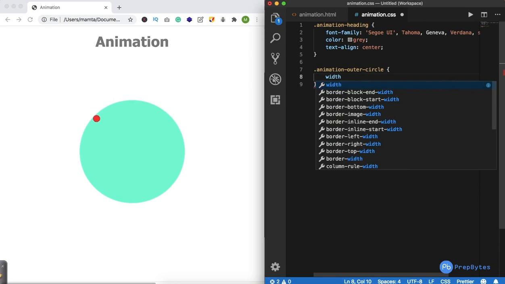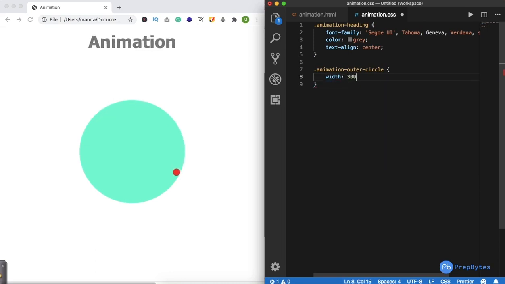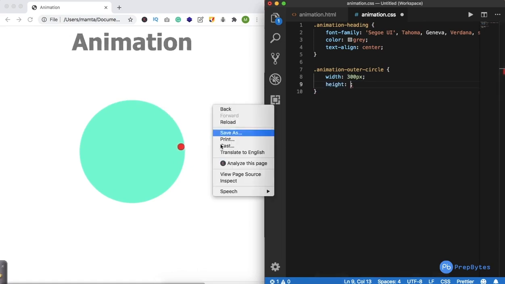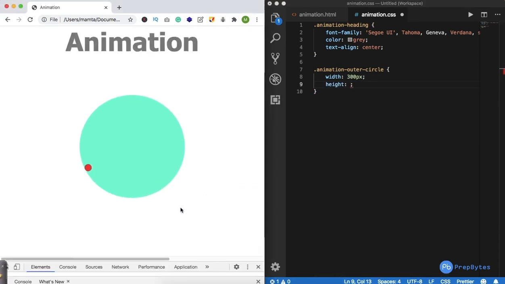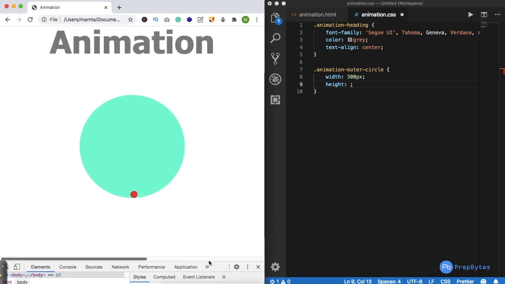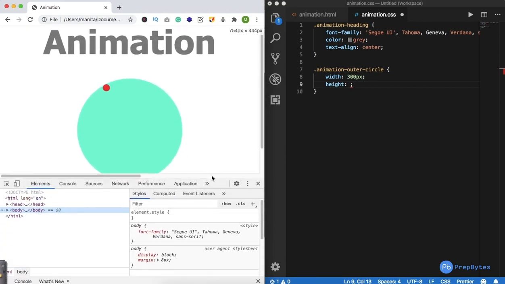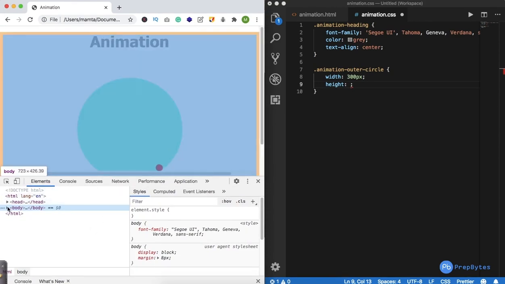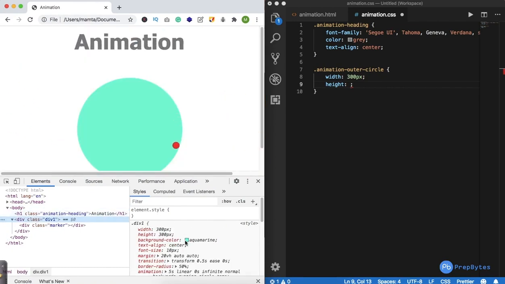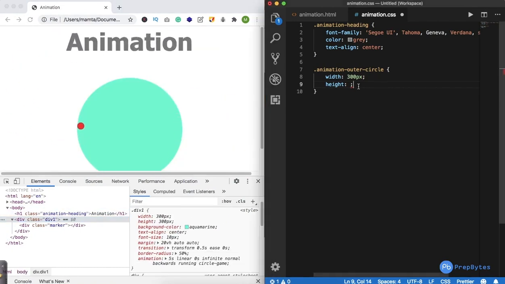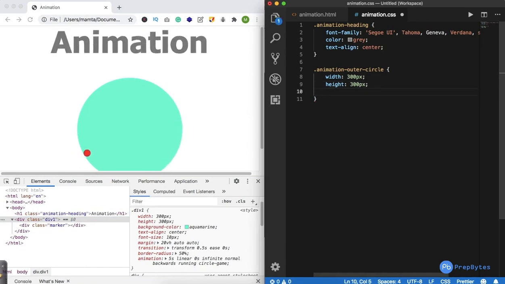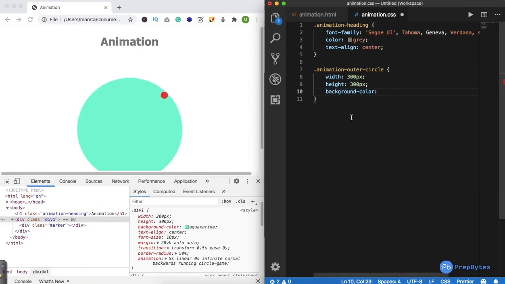For the animation outer circle, I think I'll go with a width of 300px, and you can check the width and height from here. If I look at the div in the body, we have 300px, so we have height also as 300px, and we have the background color as aquamarine.